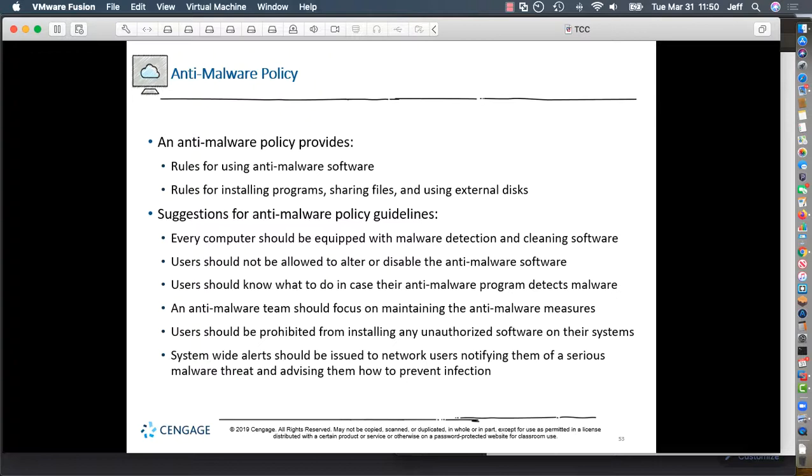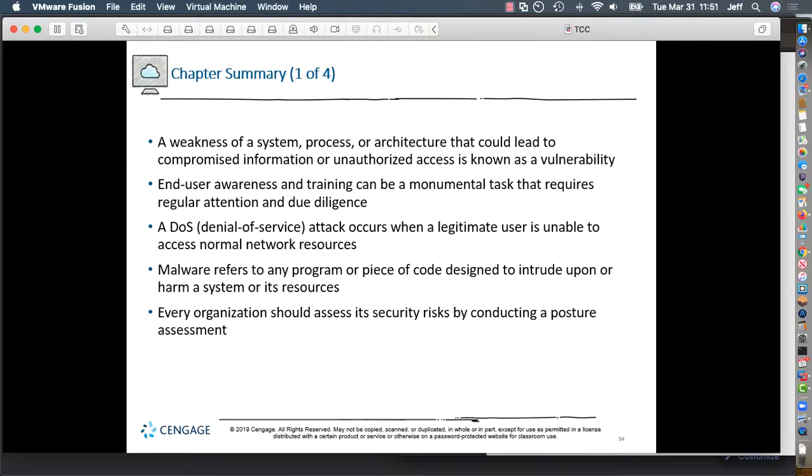Right, so anti-malware policy: you have some rules for using the anti-malware, rules for installing programs, sharing files, and using external disks, right? And a policy that says users should not disable the anti-malware, or the anti-malware team should focus on maintaining the anti-malware, things like that. These are policies, like I said, that are high level. And that is our